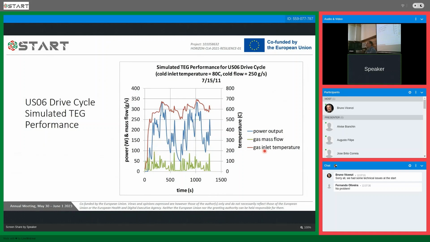Well, first, I guess I should say the gas inlet temperature, which is in red, and you can see how much that still is varying. The gas mass flow rate is down here. There's also a tremendous amount of variation, again, in this application, and that causes the power output of the TEG to vary. Now this was again a simulated